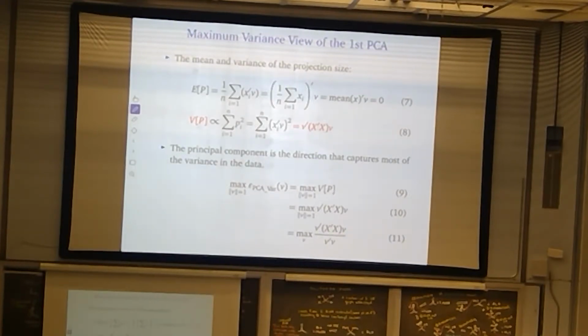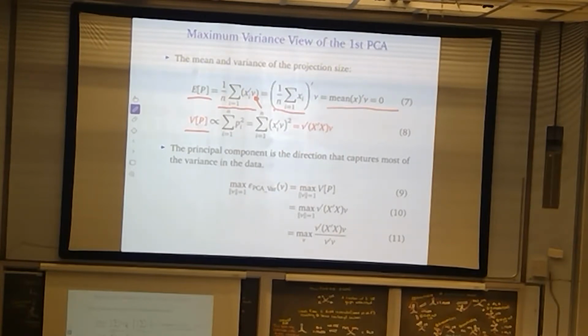Now let's calculate this point P. What is the mean and the variance? The mean of the projection size, the scalar, this one number, we can estimate with a sample mean, x_i times v, and since v is a constant vector, we can take it out. And this is the mean of the sample, so that becomes 0. The variance of that,